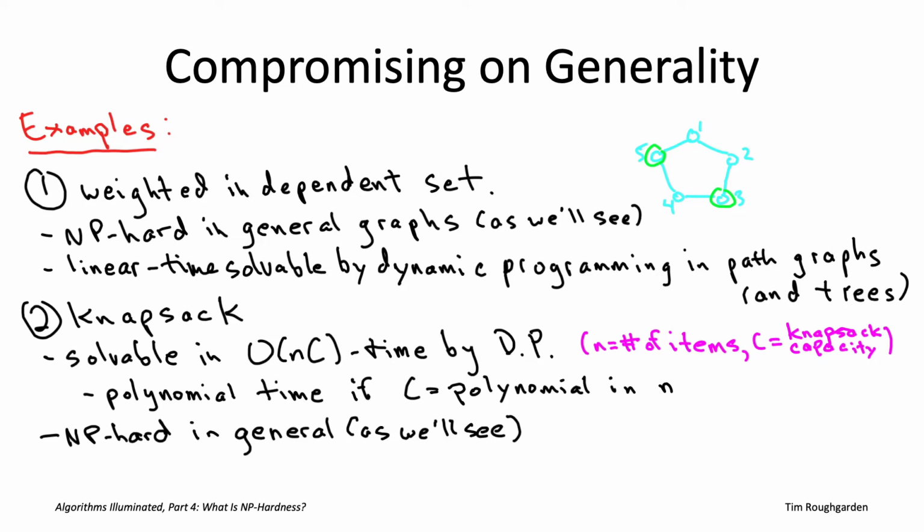And the reason is, remember, what does input size mean? It means the number of keystrokes that you need to specify that input to a computer. And to specify a number to a computer, the number of keystrokes is not proportional to the magnitude of the number. It's proportional to the number of digits in that number. So the logarithm of the magnitude. So for example, if you want to describe the number 1 million to a computer, you don't need 1 million keystrokes. All you need is 7. Or if you're working base 2, you need 20. Okay? You need much, much less than the magnitude of the number.